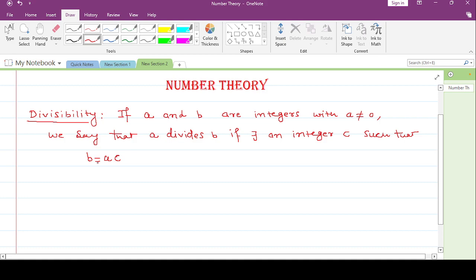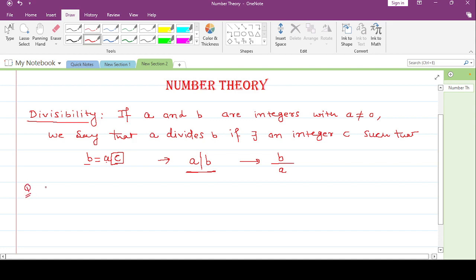Symbolically, or mathematically, it is expressed like this: A divides B. The meaning is the same as B in the numerator and A in the denominator, but we will use this notation for saying that A is dividing B. Whenever any number divides another number, there must exist an integer C such that B can be expressed as A into C. So for example,